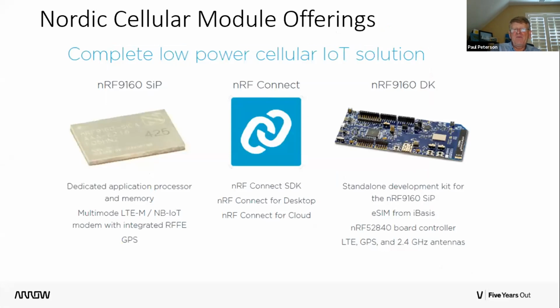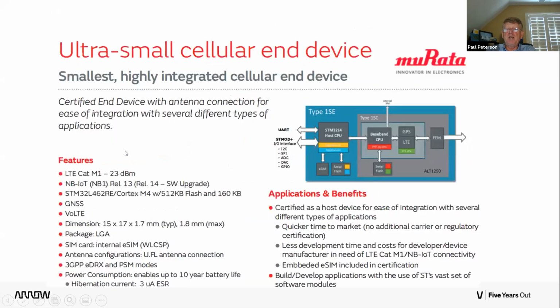They also have dedicated modules that can do LTE Cat M and NB-IoT. They also make available a great little development kit here that allows you to pull your design and bring it in. It does have a SIM card, and there's the module, to give you a relative size of it. It's a fairly small module, and we're beginning to see these modules show up not only at the module level, but also in the modem level. Several of our suppliers have implemented modems.